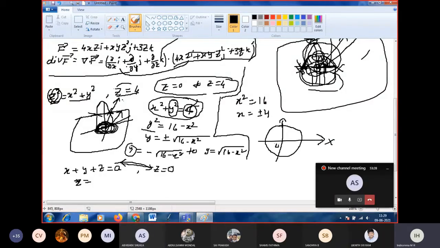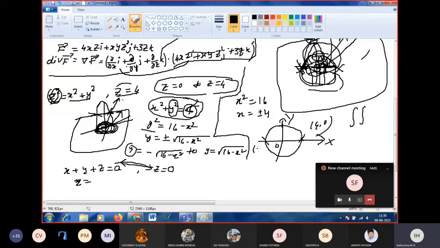What we have is a circle. Now I want to find the area of this circle. You are clear about the limit for y, but you have confusion in taking the limits for x and y. So z is cleared, z varies from 0 to 4. When we substitute z equal to 4, we get a circle with center at origin and radius 4 units. So this point is 0, 4, 0.